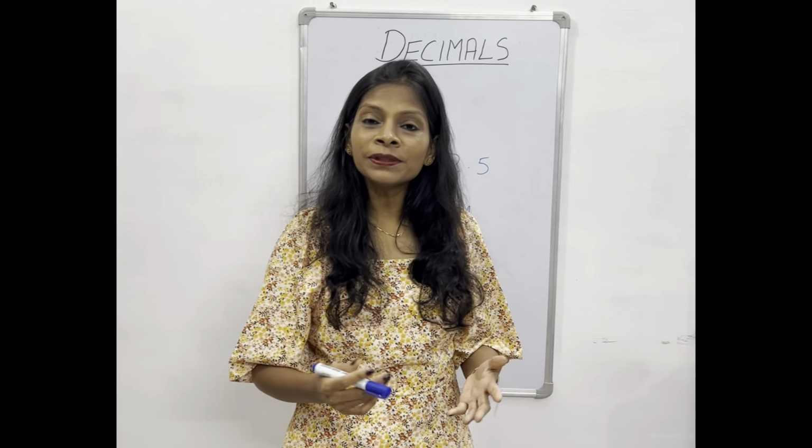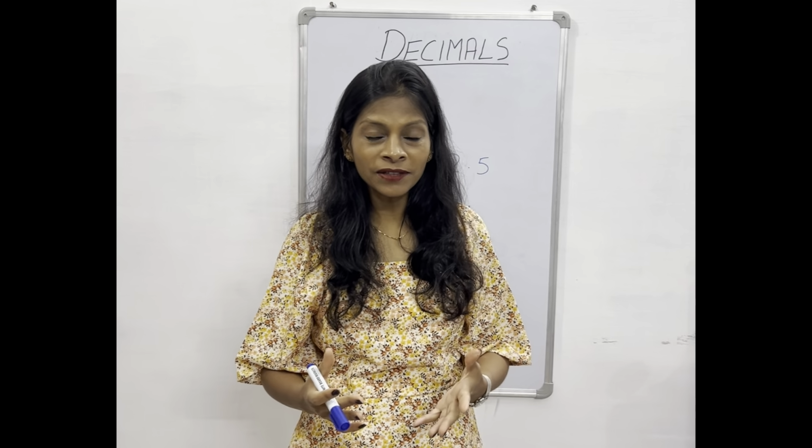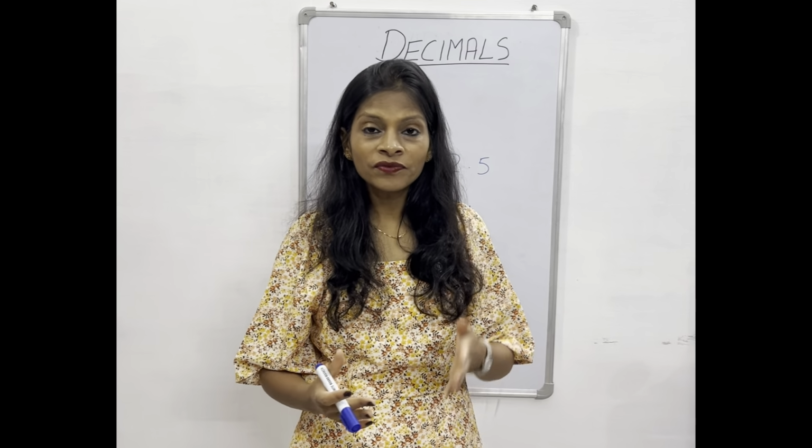A decimal is simply a way of writing a number that is in between 0 or 1, or it lies in between two whole numbers, and the dot which you see is the decimal point. Everything you see before the decimal point represents the whole number, and everything that you see after the decimal point represents part of the whole. So petrol prices, electricity bill, temperatures, milk quantities, there's so many things in real life which we use in decimals.